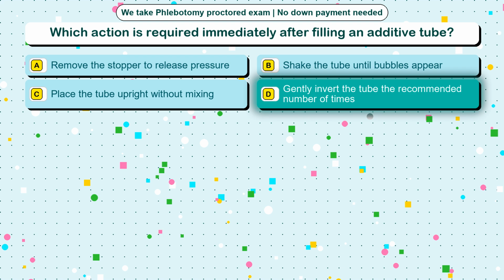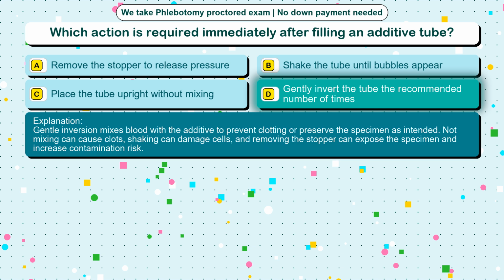The correct answer is option D. Gently invert the tube the recommended number of times. Gentle inversion mixes blood with the additive to prevent clotting or preserve the specimen as intended. Not mixing can cause clots, shaking can damage cells, and removing the stopper can expose the specimen and increase contamination